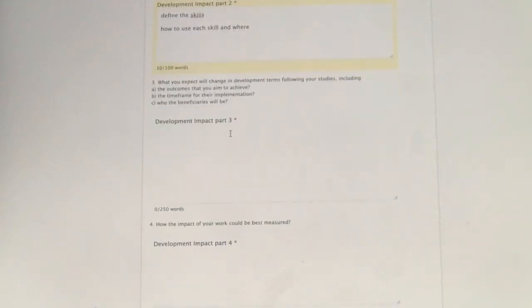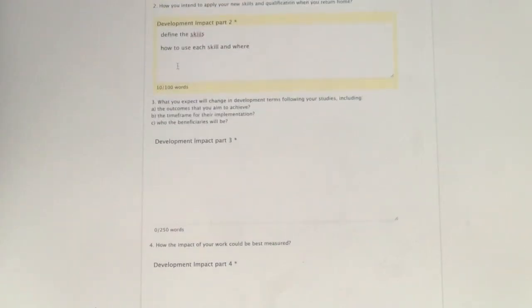That's done. The next question is what you expect will change in development terms following your studies. Yeah, so this is based on the previous question. That's why I told you that these essays are linked. So after you do this, what do you expect to change? Maybe if you have used your communication skills and leadership skills in meeting various politicians or leaders, you can say you expect changes in the policies within 3 years.